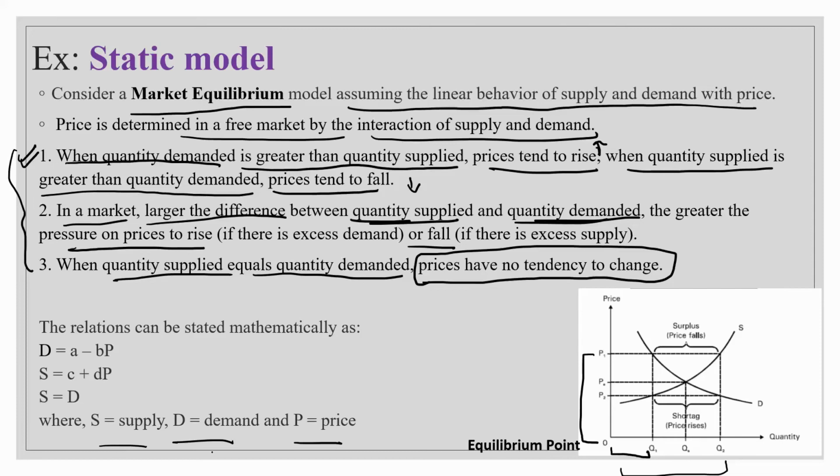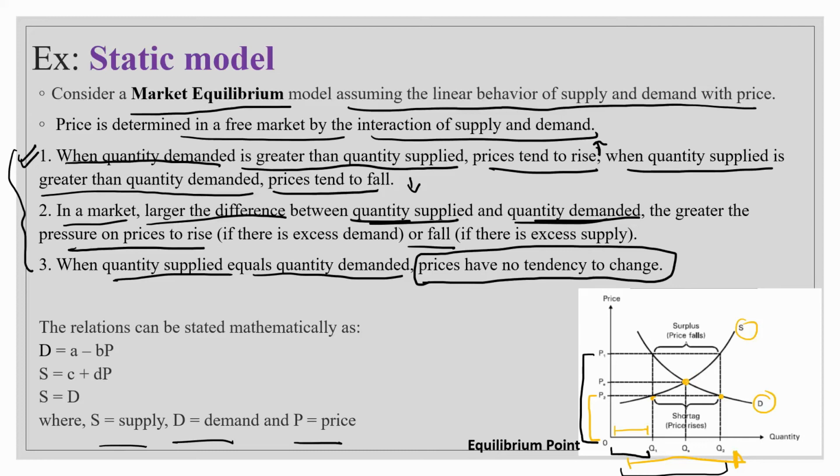Now in the second case, when the price is low, here is the demand line and this is the supply line. When the price is low, you can see that this much quantity is demanded and this much quantity is supplied. So here the market will have a price increase pressure, but at this point, which is the equilibrium point, called the market equilibrium, the supply and the demand are equal and the price will not have the tendency to change forever.